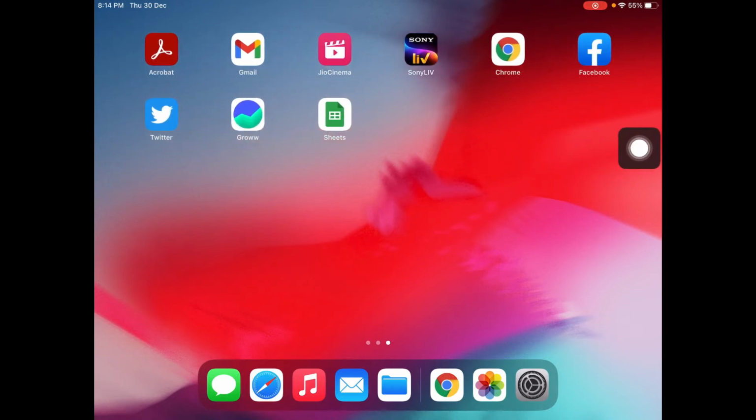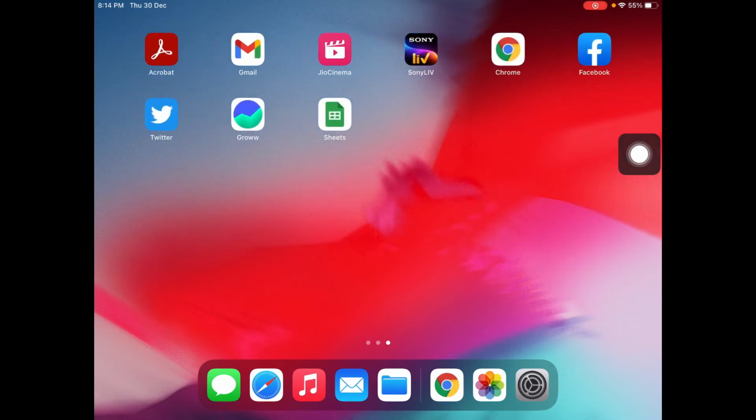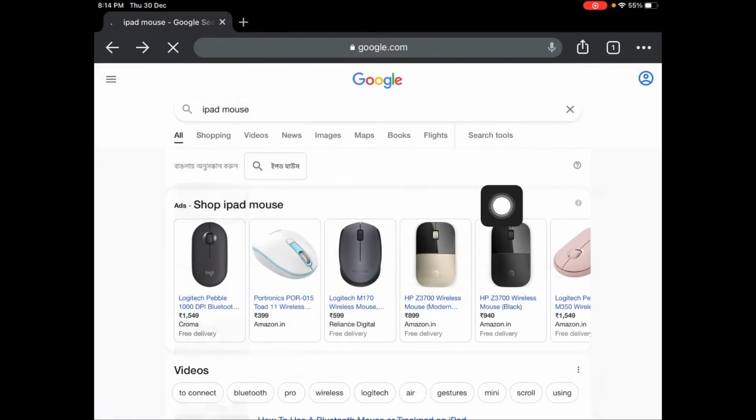But the main problem is that first you have to press it and drag it over there. It will not show where you are clicking here and there. So you have to click over it and hold it and drag it over what you want to show. Suppose you are going into Google Chrome, then you have to bring it and show it. So it is the second method.